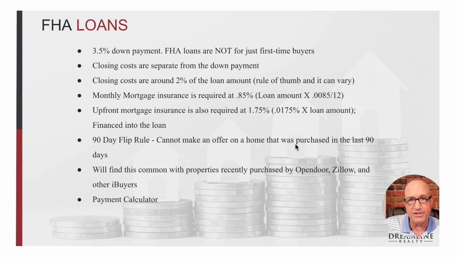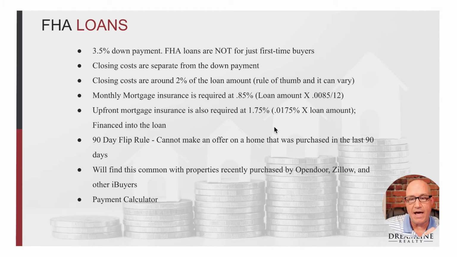One of the things about FHA loans is there is mortgage insurance that is paid up front, which is financed into your loan amount. And I'm going to go through a whole payment thing at the end of this and show you how this breaks down. But there will be monthly mortgage insurance on the loan, and it's calculated at 0.0085% of your loan amount. So basically, if you were to take your loan amount times 0.0085 and then divide that number by 12, that's how much money you're going to pay on a monthly basis that'll be included in your payment.